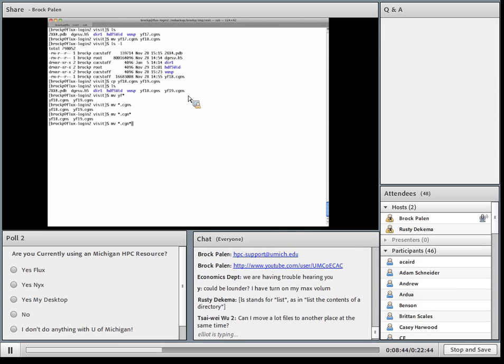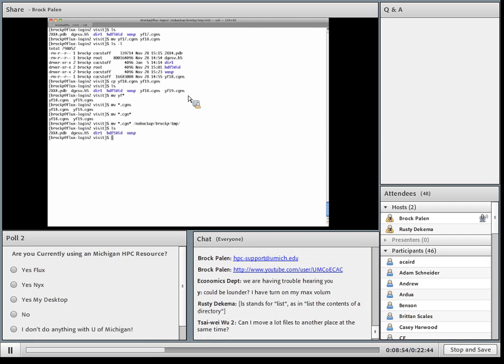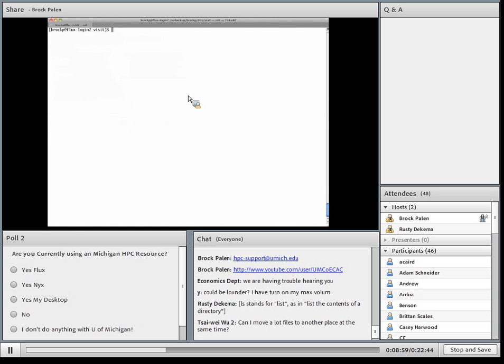You can use multiple stars. And so you would do move that to where you want to move it to, and that will move all the files that match that. So the same thing actually applies to copy. So if I actually do that, move again,